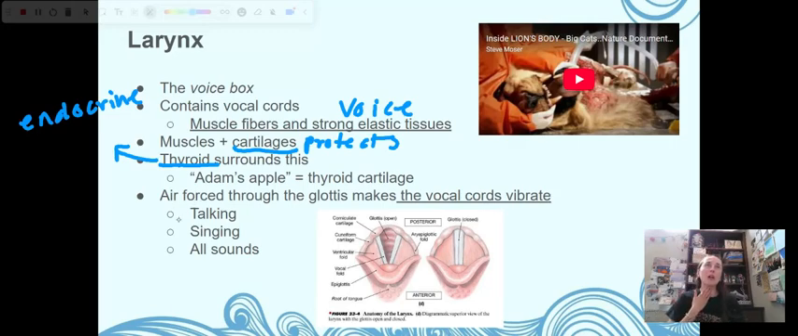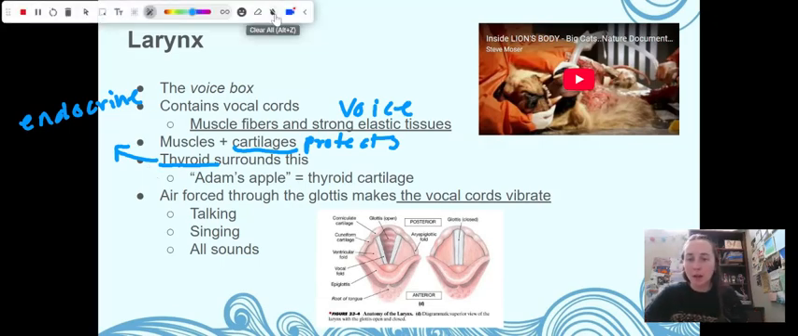And if you feel your own throat when you swallow, you can feel like there's a bump that should be larger. That's your Adam's apple. What you're feeling is just the thyroid cartilage that's there to protect the thyroid and the voice box. But what actually makes our voice possible is we are forcing air through the glottis to make the vocal cords